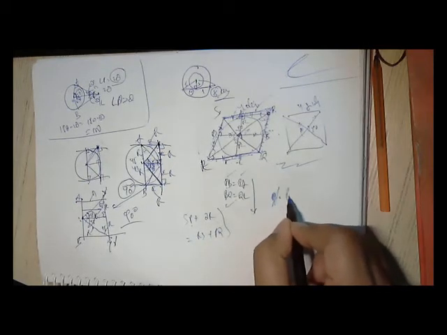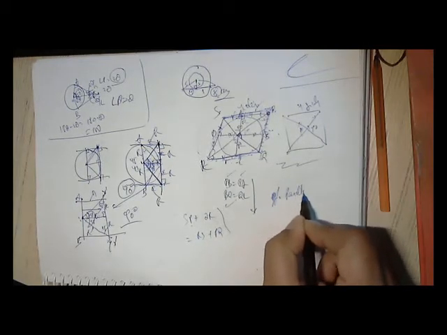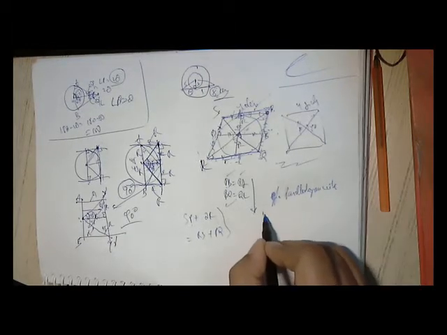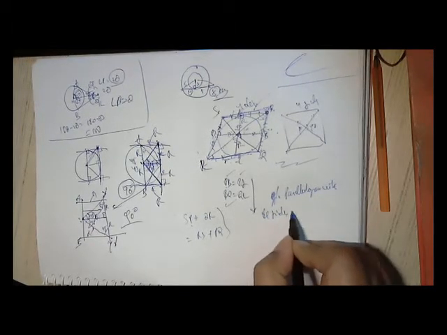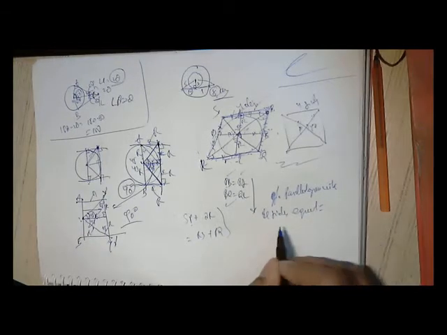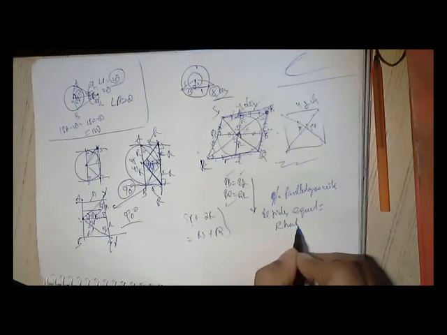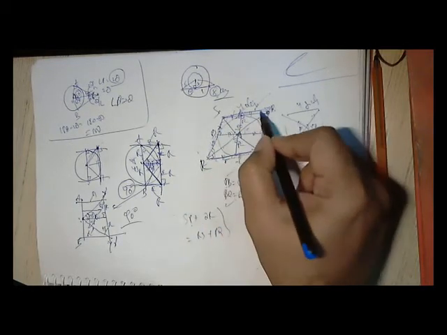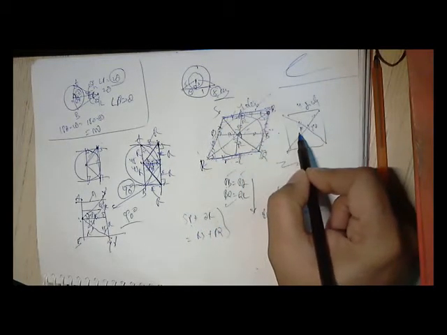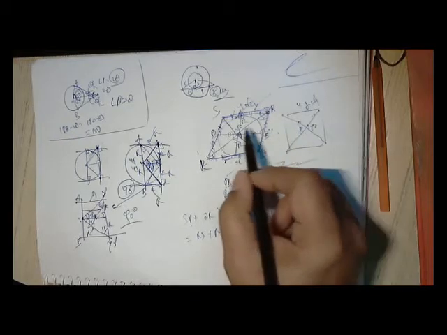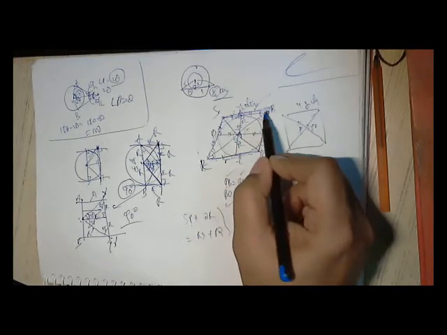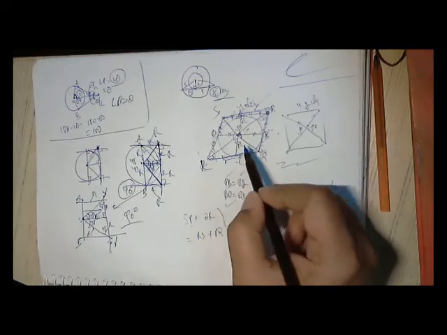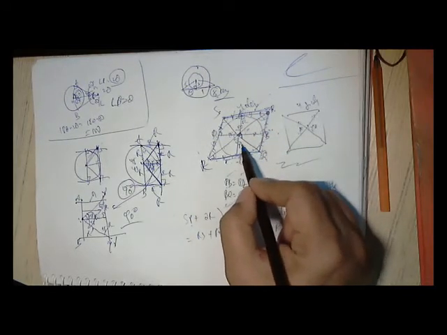A parallelogram with 4 equal sides is nothing but a rhombus. Because here it is not 90. If it is 90 here, then it is a square. Since it is not 90 here, this is a parallelogram given. So the parallelogram with equal sides, that means it is representing a rhombus.